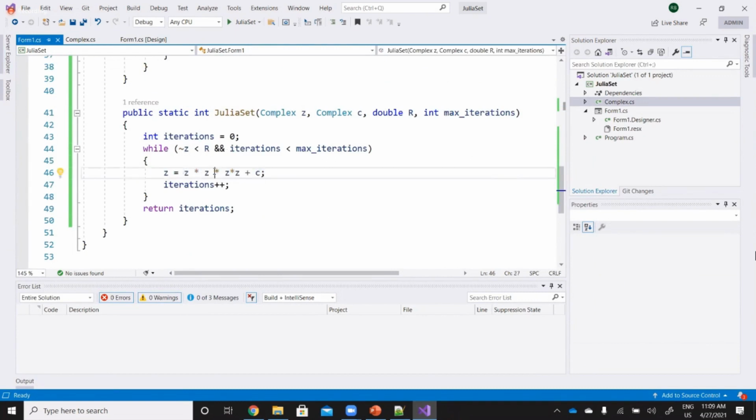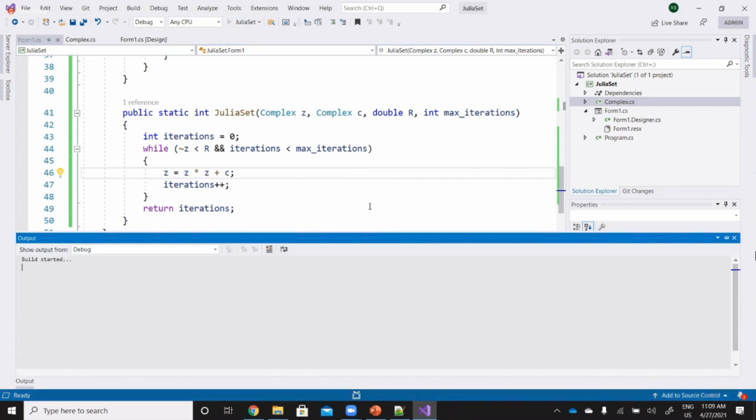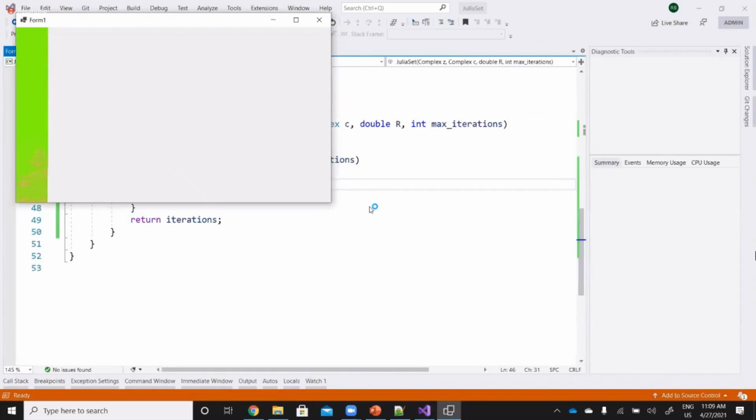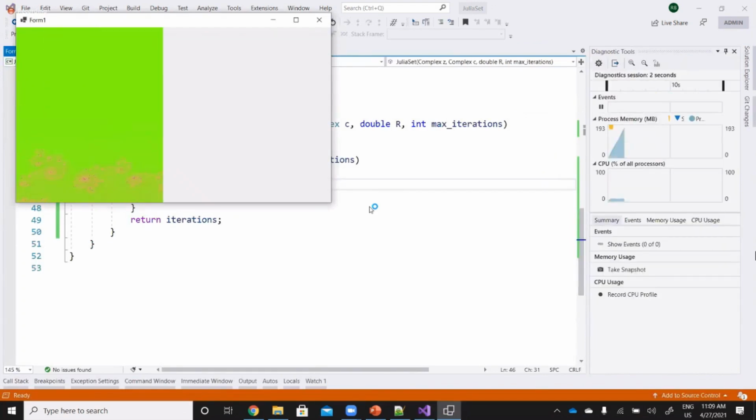So because of that, you can do any kind of operation here. The basic one.